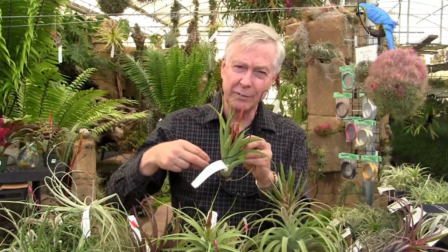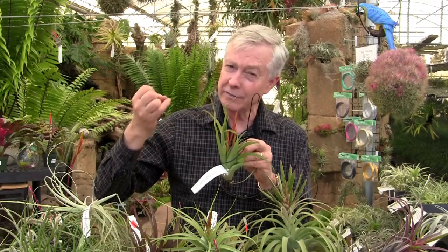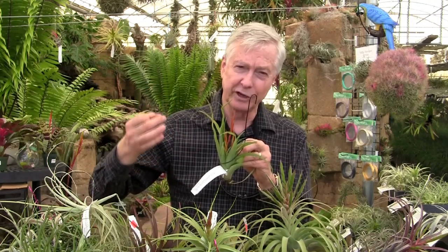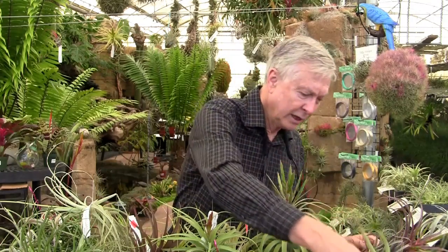They come up separately, and they produce the standard purple subgenus Tillandsia flower like you find on a Bulbosa, Medusa, Juncea, Inantha, concolor. But a nice plant. And then we have,